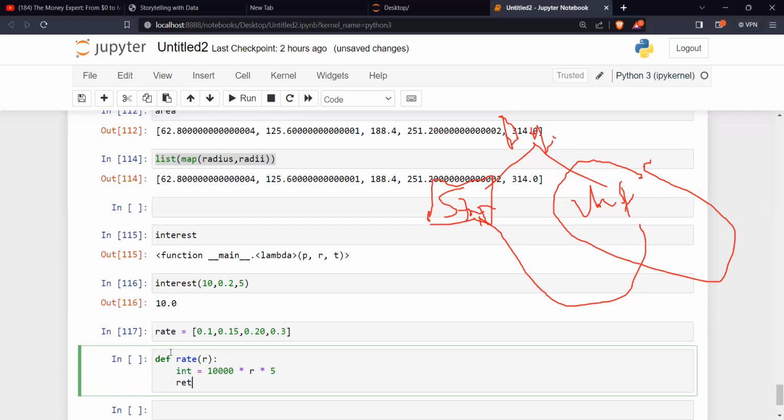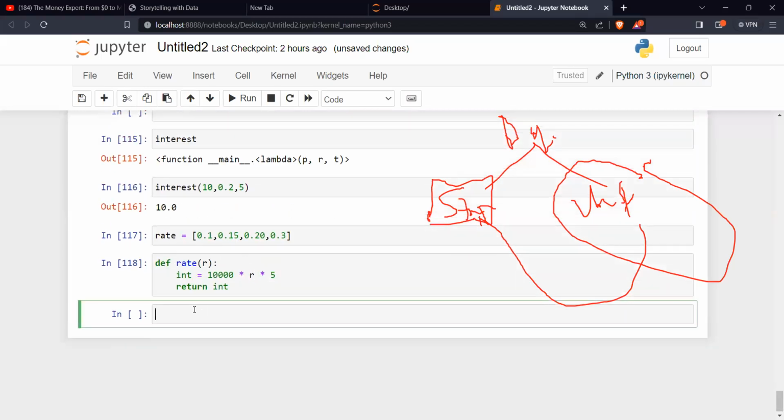Then I say return interest. So what will I have done here? When my rate is 0.1, how will it calculate the interest for me? What will be my interest?